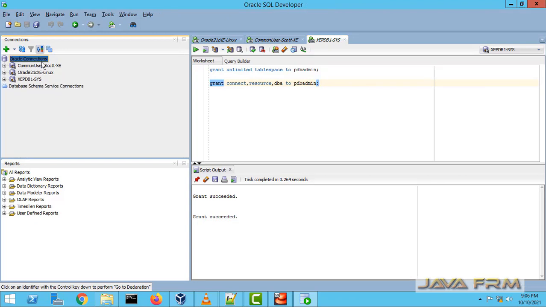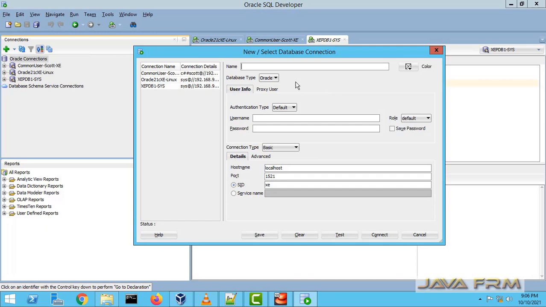Okay, let me minimize it. Now I am creating one new connection. Now I am going to connect the PDBADMIN user to the XEPDB1 pluggable database. Username PDBADMIN, provide the password for PDBADMIN. Role is default.